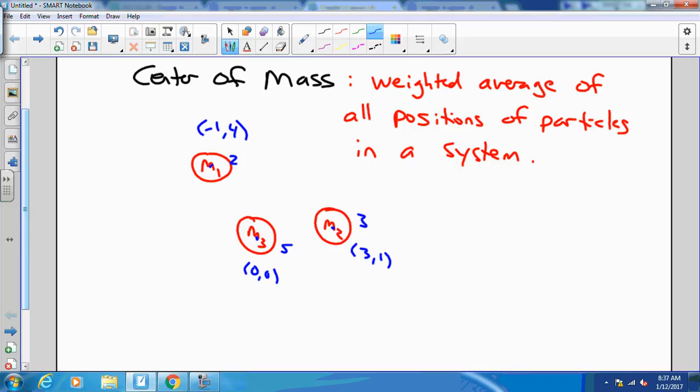Now we're going to take the weighted average of all positions of particles in the system. The positions are the 0, 0, the 3, 1, and the -1, 4, but we are going to weight those positions according to the masses associated with them. In other words, a mass of 5 kilograms gets 5 times as much weight as a mass of 1 kilogram. And so the way in which we do that